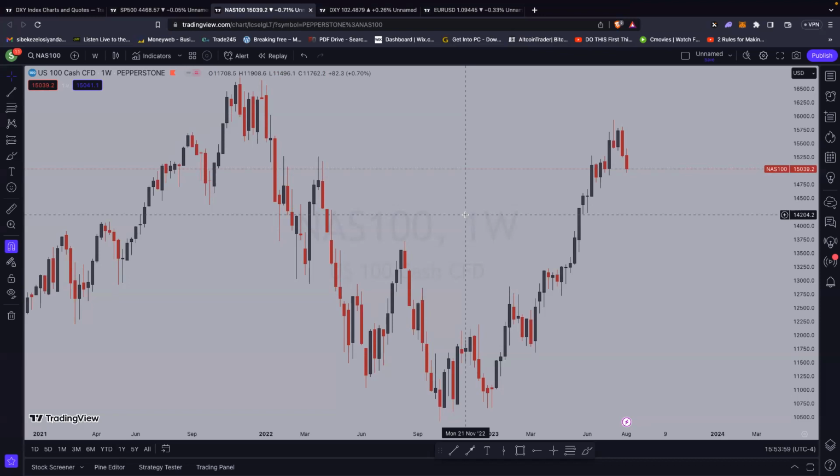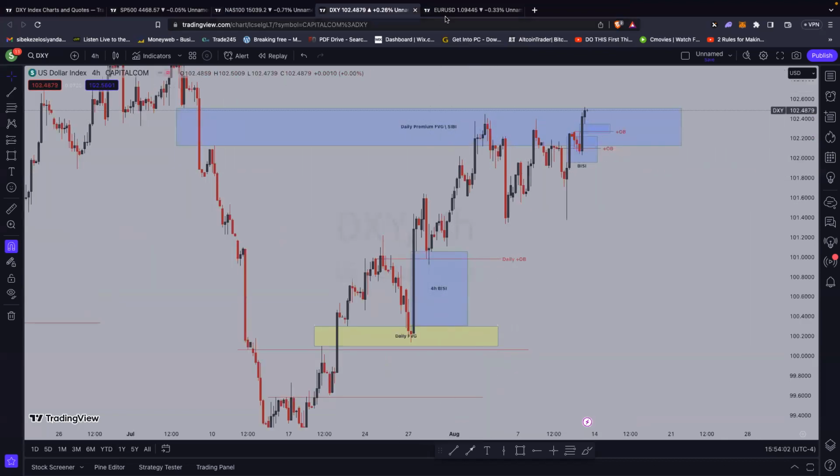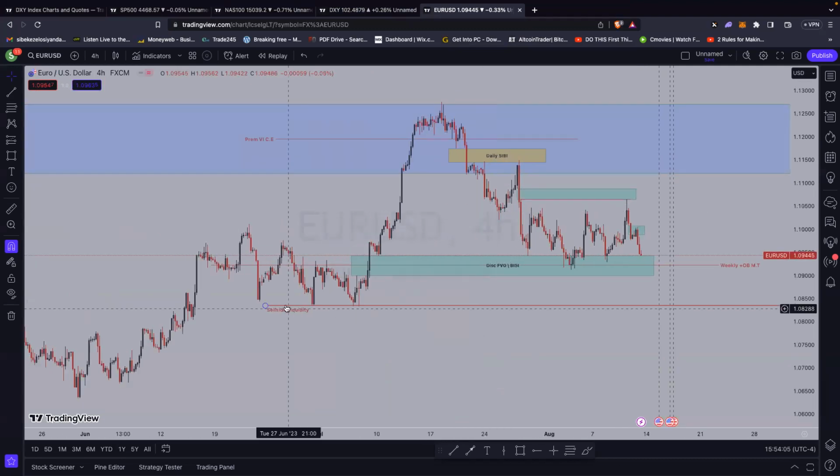So you need to know where your weekly draw on liquidity is, as I've shown you guys. For me,